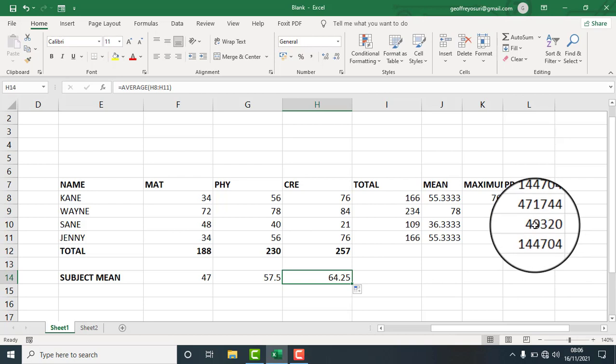So let's have a look at logical functions. So logical functions, their work is to return true or false from a set of arguments. So for example,